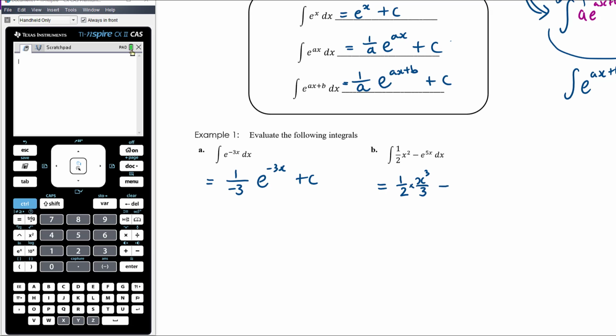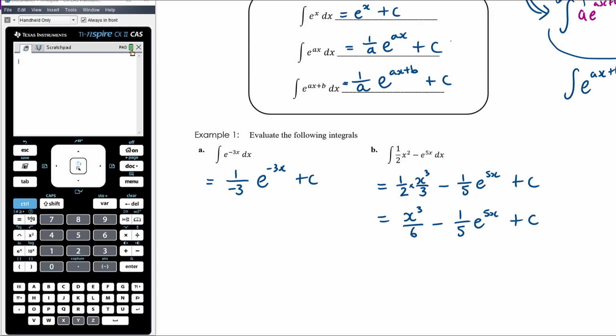And then minus the antiderivative of e to the 5x, which will be, I was going to say 5e to the 5x, but that would be the derivative, 1 on 5 e to the 5x plus c. Let's just simplify that first term. So we've got x cubed on 6 minus 1/5 e to the 5x, or you can write that as e to the 5x on 5